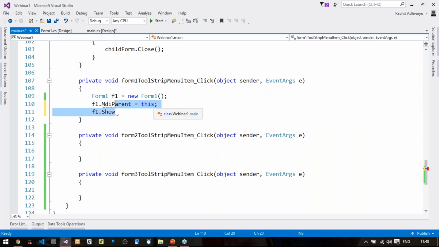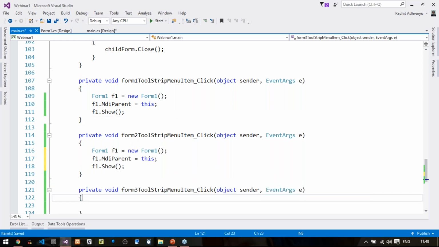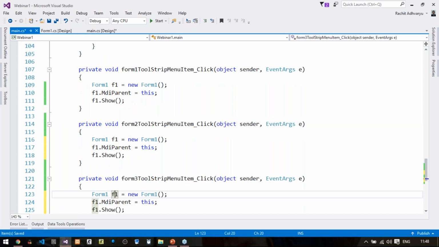Similarly, I will write the same code for the two other forms. Let us say I'll just change it to Form 2 and Form 3. Right, so I have first created the object of a form.